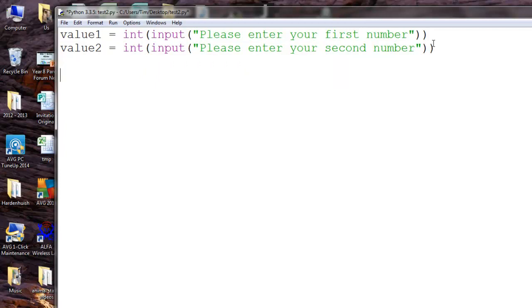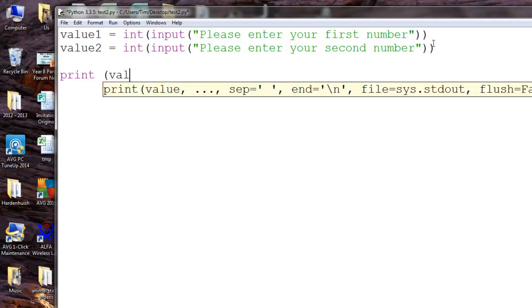Now, when I type in my number, e.g. 5 or 7 or 21 or whatever I decide to use, Python will now see it as a physical number, not as just a bit of text. So now all I need to do is ask it a question. I want these two numbers I'm going to type in to be added together. So I'm going to type the word print, as we always do, and I'm going to print value1